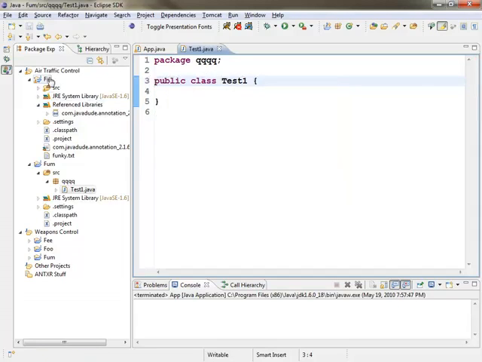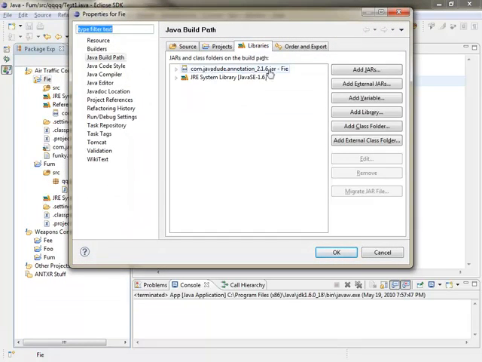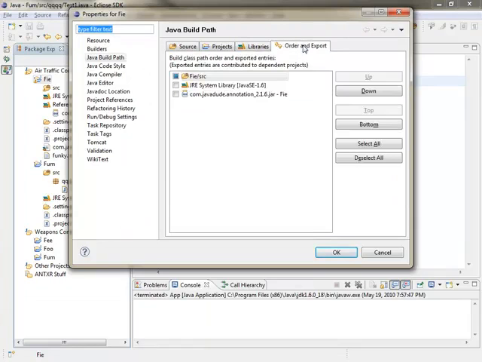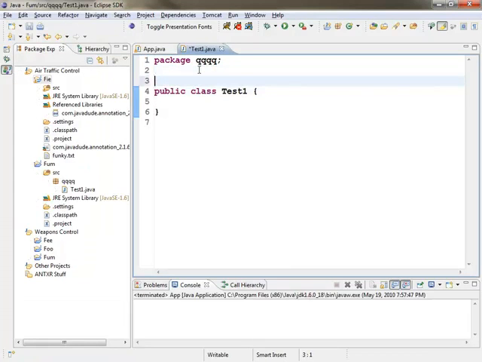So if I go back to Phi, I take a look at the libraries he's got. He's got my annotation jar. I go to order and export. It's not checked. If I want to make it visible, I can check it. And now, from test1 over here in FUM,